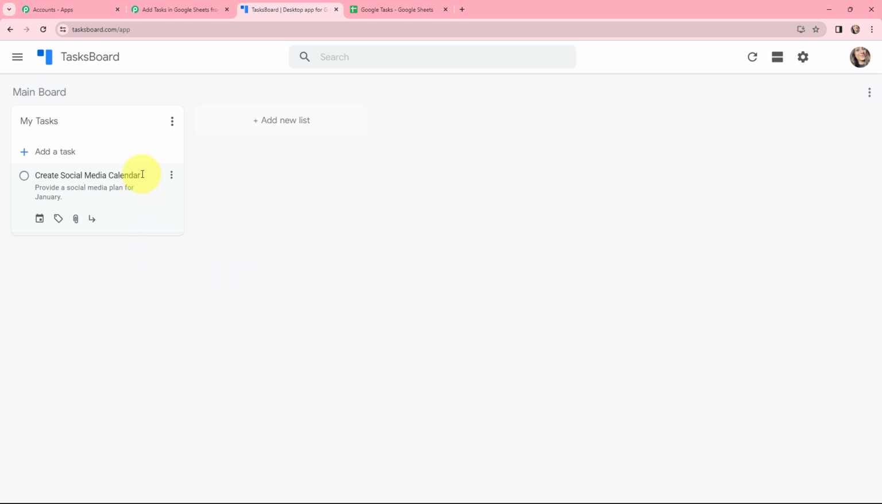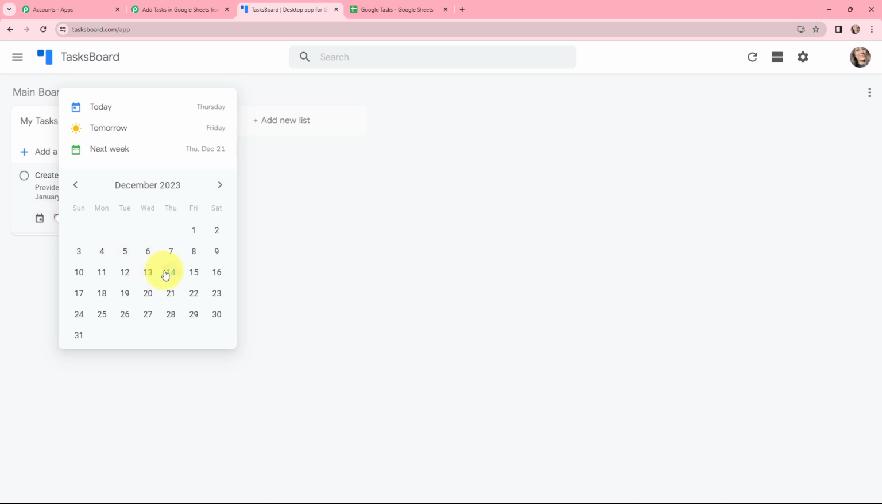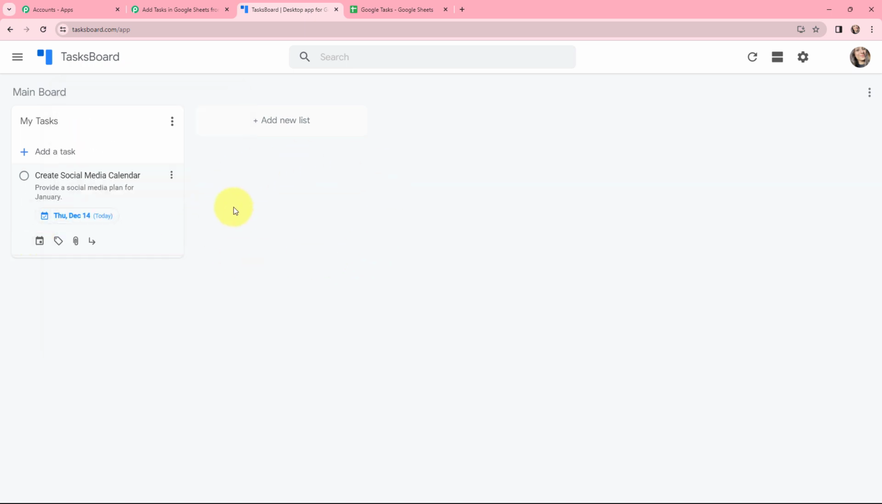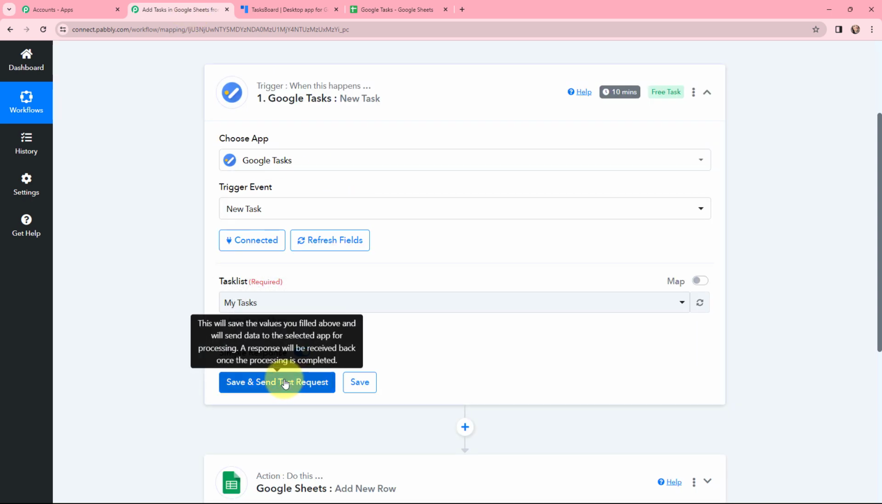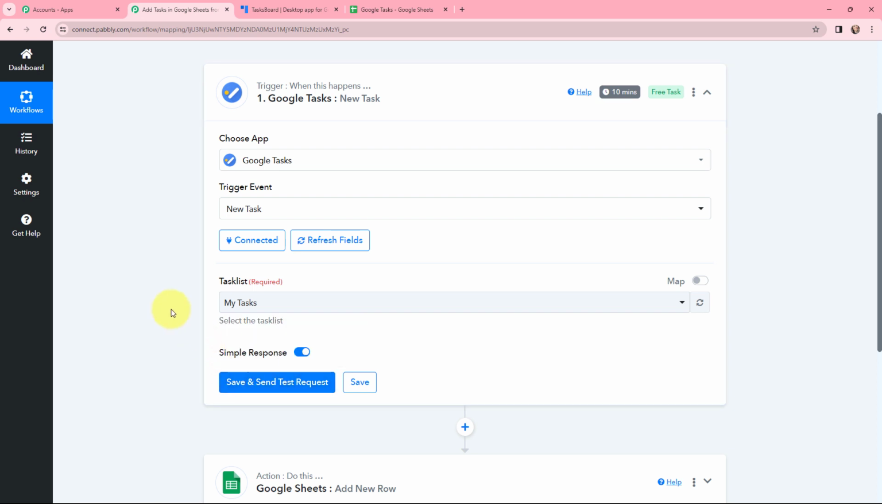Here's the title, here is the note for the same, and now I'm going to add the due date as of today only. So here I have added this new task. Going back to Pabbly Connect, as I click on the Save and Send Test Request button, a response will be received back. That means the task which I have just added in Google Task would be captured over here in Pabbly Connect,